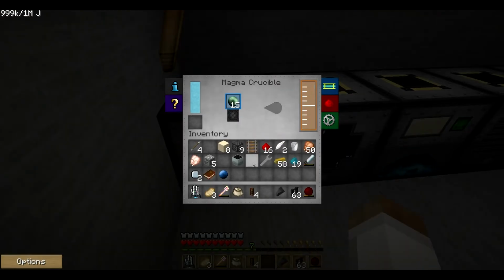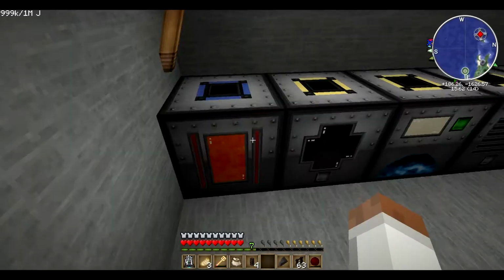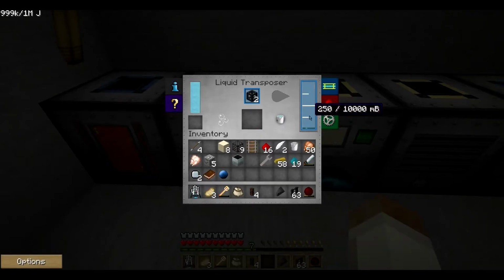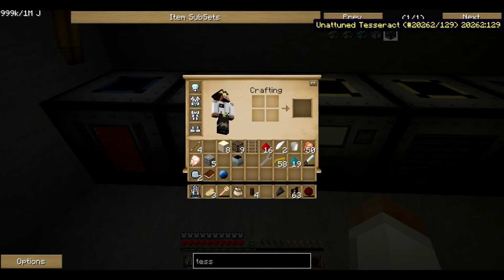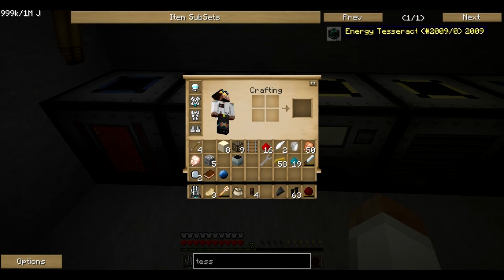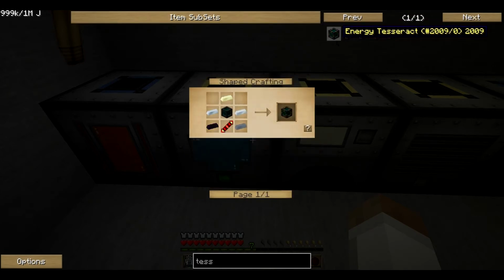And then we can throw the ender pearls into the magma crucible, and it should see it flow up into there. Now we actually need the liquid from 4 of the ender pearls to be able to create a tesseract. There we go, 1,000 millibuckets. Now, what we actually do with tesseracts is after you've made them into an unattuned version, you can craft them into energy, liquid,